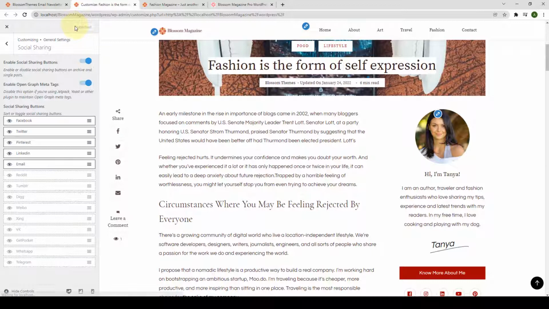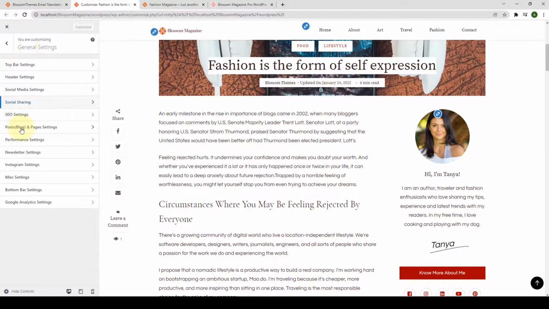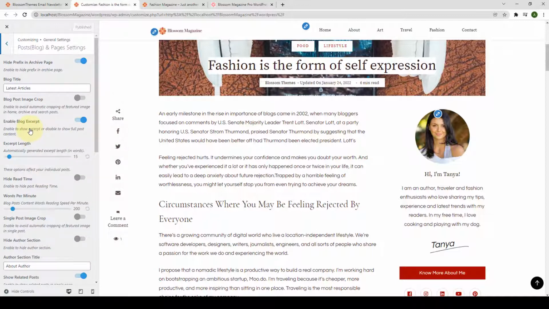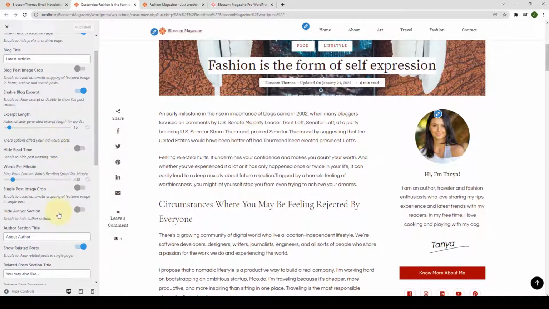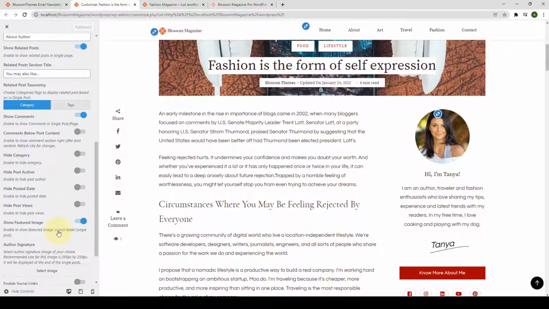Click on Publish to save the changes. Let's go back. The SEO settings is the same as it was in the free theme. Now we move on to the post, blog and pages settings. From under Posts, Blog and Pages settings, I will be covering those features that you get exclusively with the Blossom